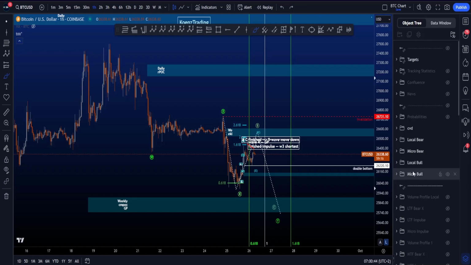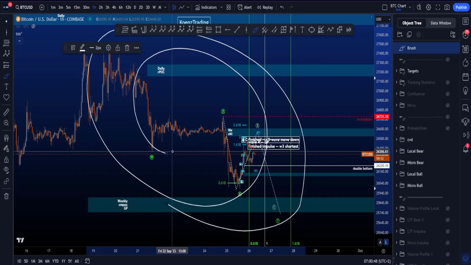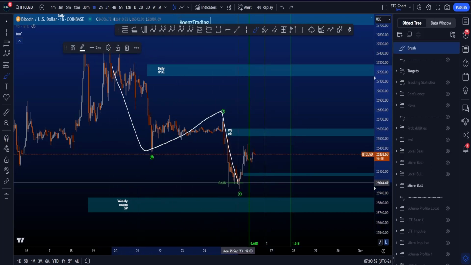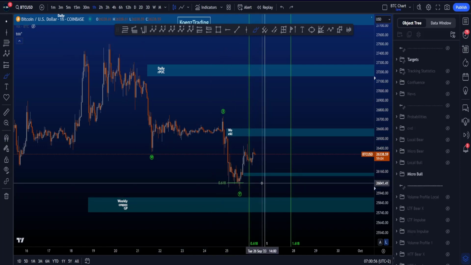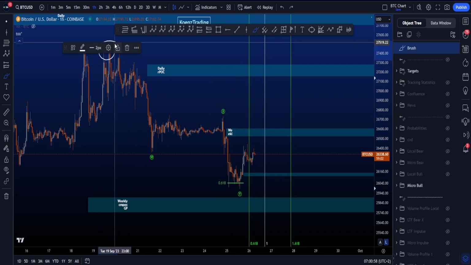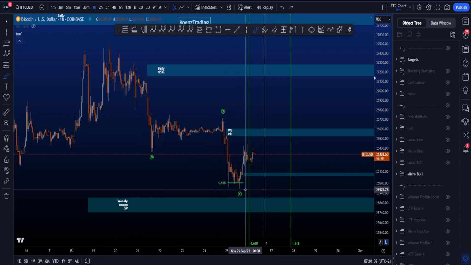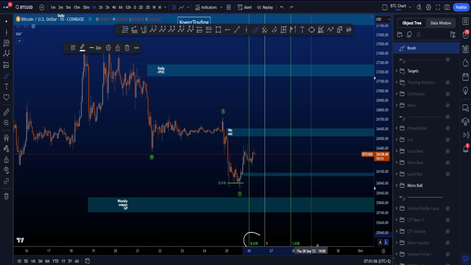Hi everyone, let's go over my micro and local bullish and bearish Elliott Wave scenarios on Bitcoin, starting with the micro bullish scenario where we're looking for a finished double zigzag to the downside in a WXY with wave Y ending on top of the 0.618 trend-based fib extension taken from the high to the low of W to the high of wave X. You can also see that this low over here has been made before the fib times